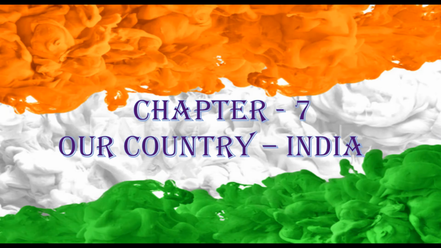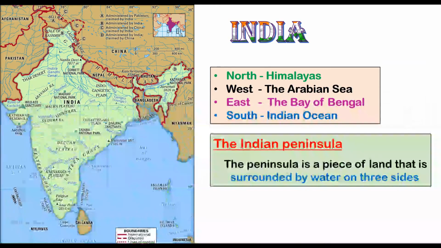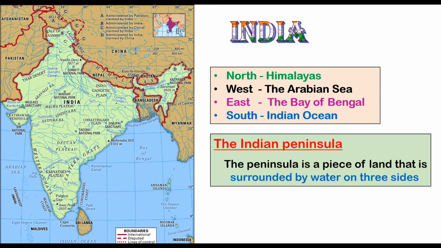Hi, welcome. In today's chapter, we learn about our country, India. India is a country of vast geographical expanse. In the north, it's bounded by the Himalayas. In the west, the Arabian Sea, the Bay of Bengal in the east, and Indian Ocean in the south bound